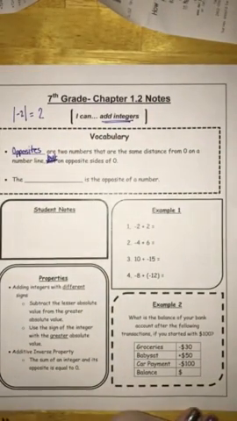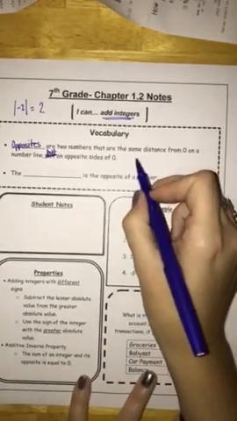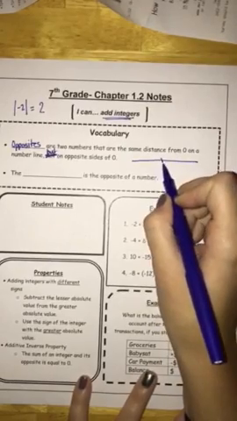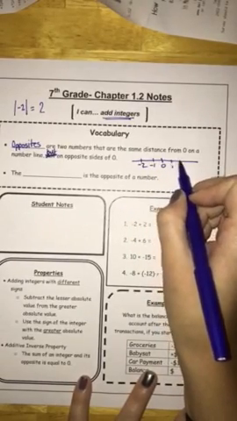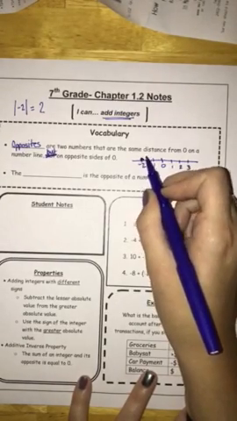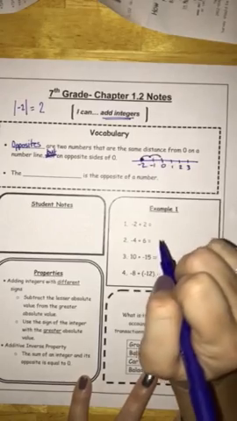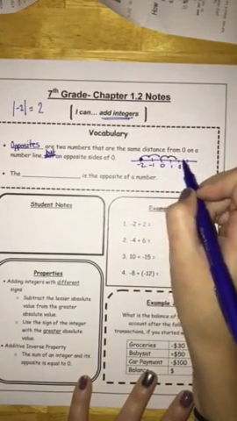Opposites are 2 numbers that are the same distance from 0 on a number line, but on opposite sides of 0. So for example, if we have our number line,